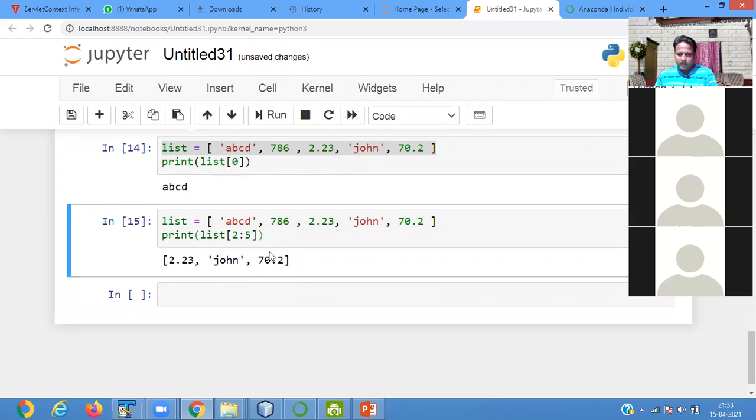That is another way. 2 colon 5 means 0, 1, 2, the position to start from, and 5 means up to length 1, 2, 3, 4, 5, so it prints these elements. Understood?